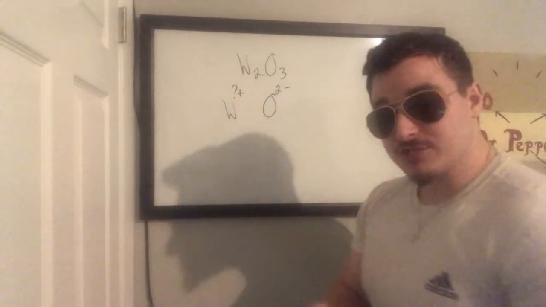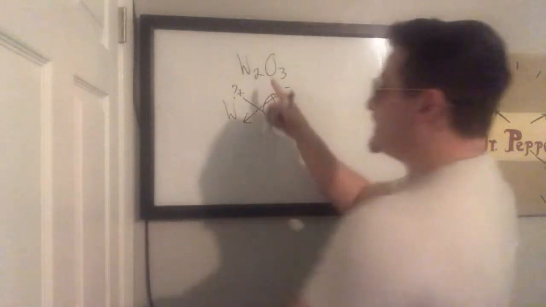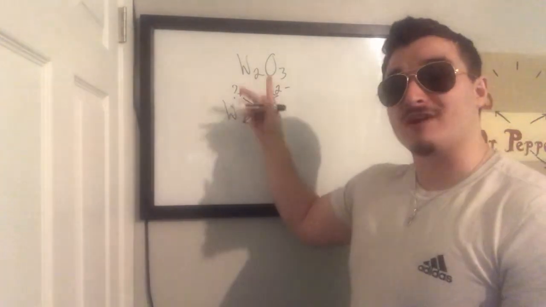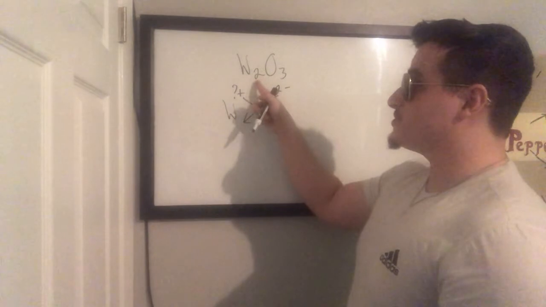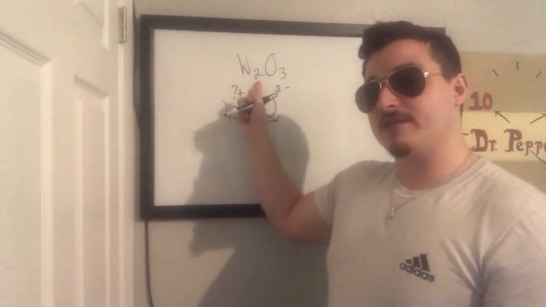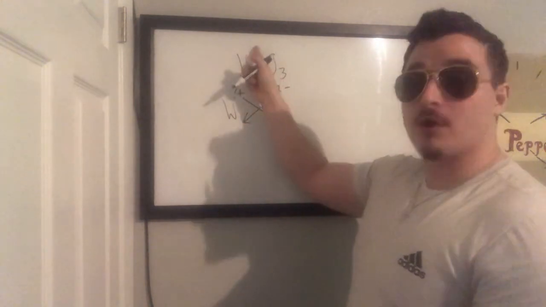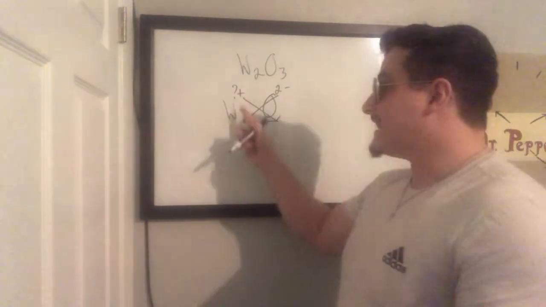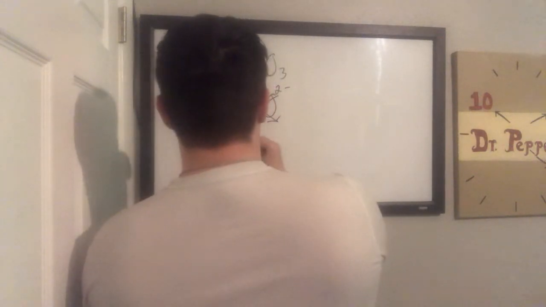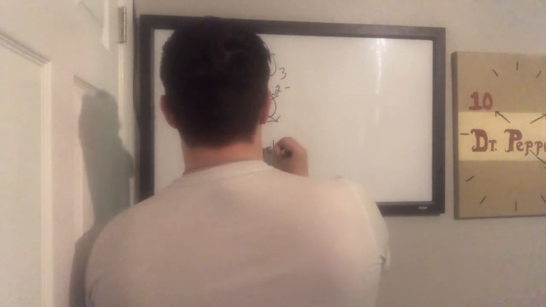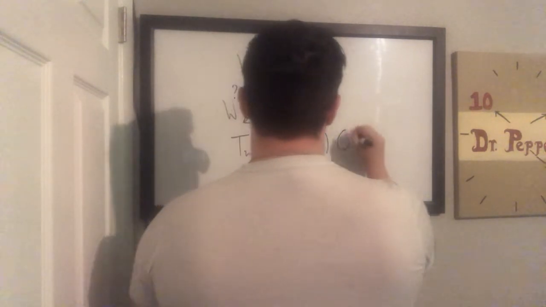So when they crisscross, this is the result, and this makes a lot of sense because if oxygen crisscrossed a 2, that's what I expect to see there. So if tungsten crisscrossed, what charge did he start with originally? And that is that +3 charge. So the name of this compound is tungsten 3